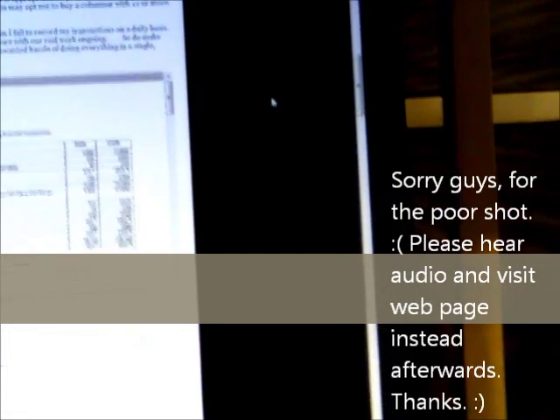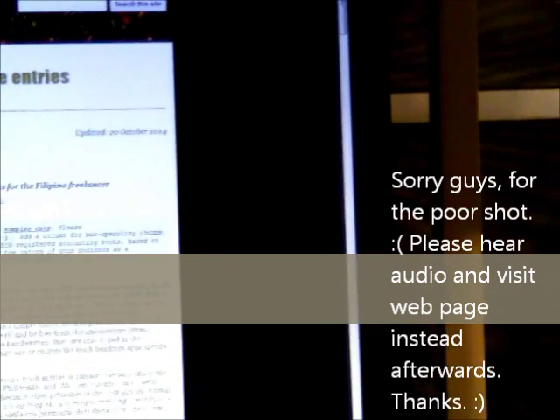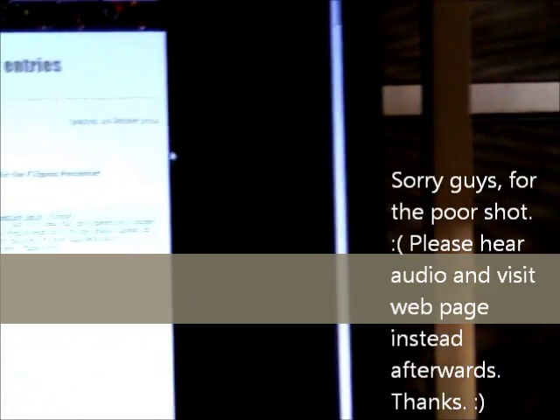Now this is the page on my website that says accounting books sample entries. It's dated October 20th 2014, and there you scroll down and you find this arrow. It says pop out. You click it, and it will lead you to another page.